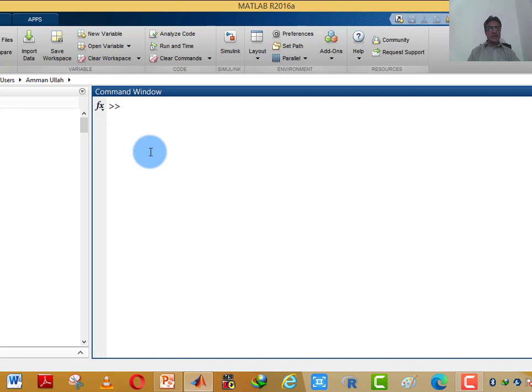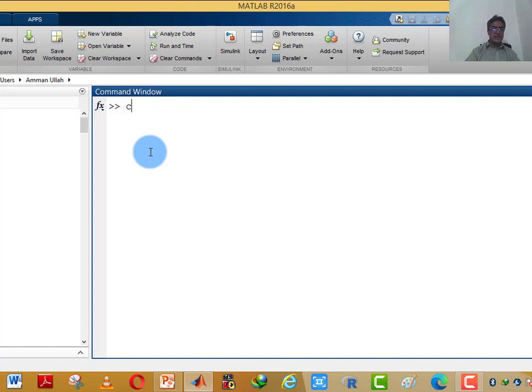And there is another command, clear all. When I apply this command, it will clear the memory of MATLAB, the matrix A and all other things, the values of M and R and C, which I have already seen.